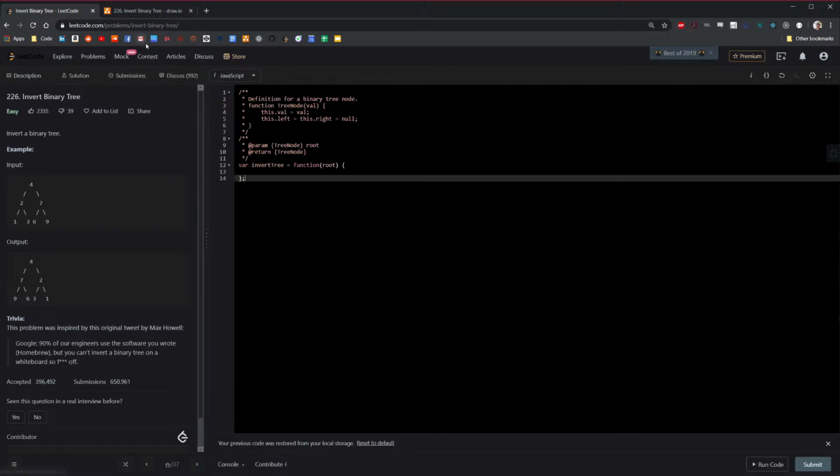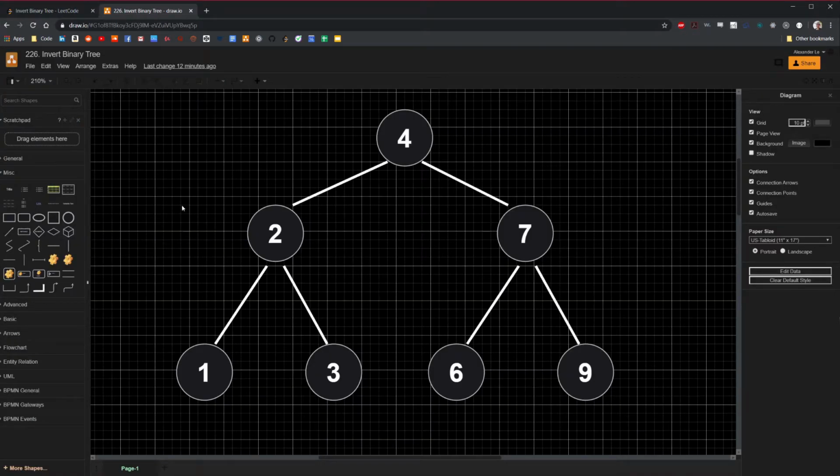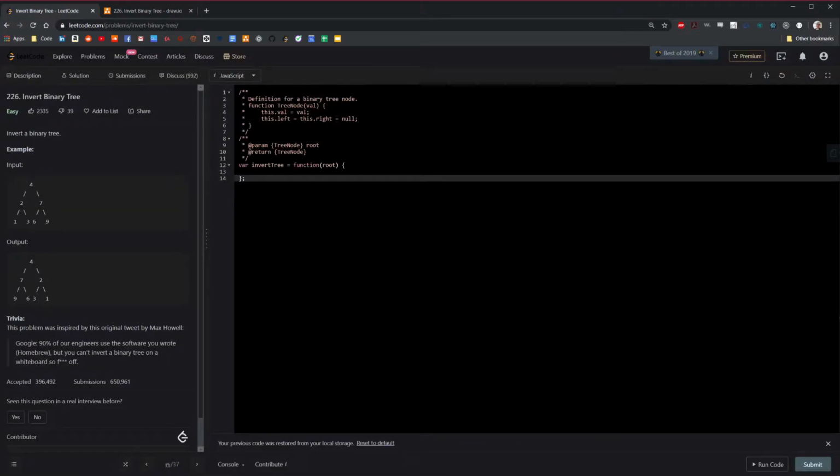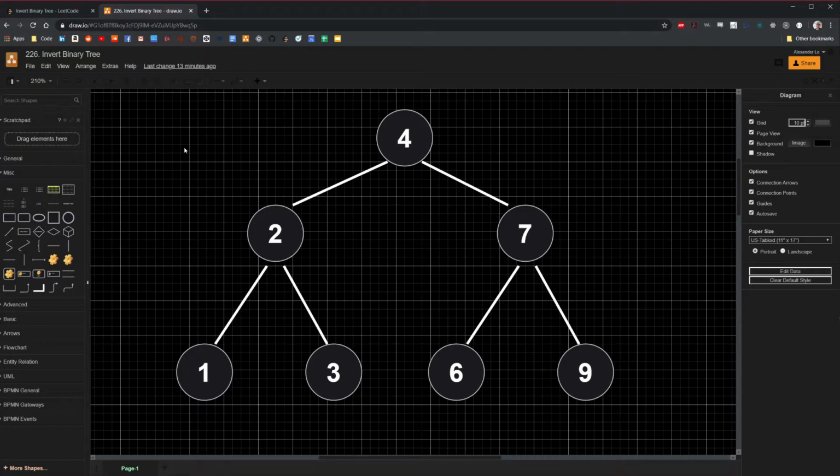So I'm going to switch over to draw.io, and as you can see, I've replicated the binary tree that they gave us as an example: 4, 2, 7, 1, 3, 6, 9. Okay, so all you really have to do is traverse through the binary tree, and for each node, swap